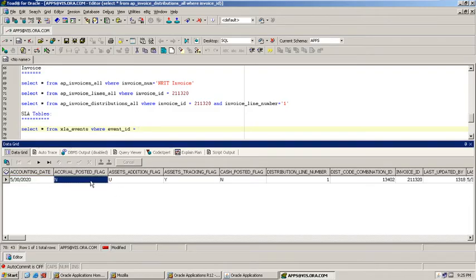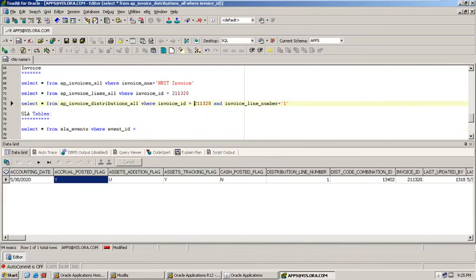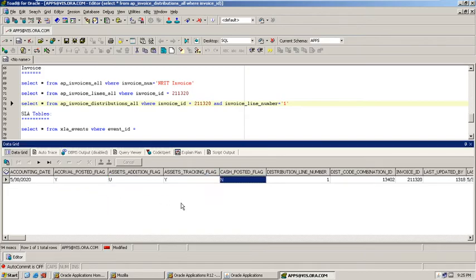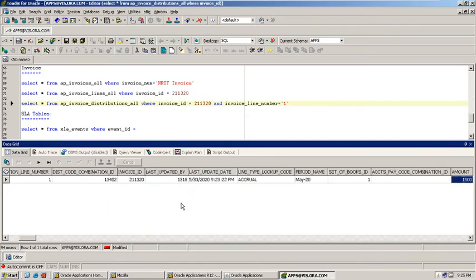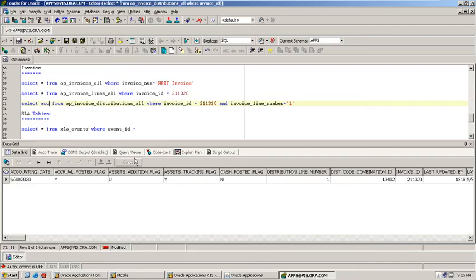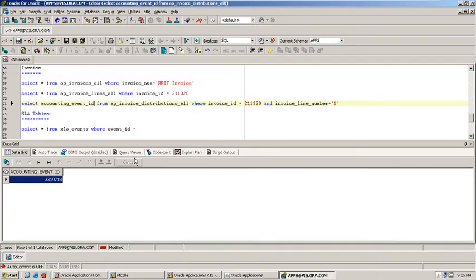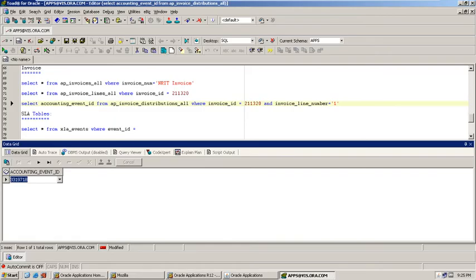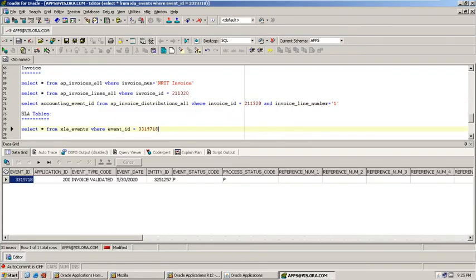In the distributions table you will see the accounting event ID. You can write it directly instead of searching for it. What is that? Accounting event ID. What is the number? This is the event.